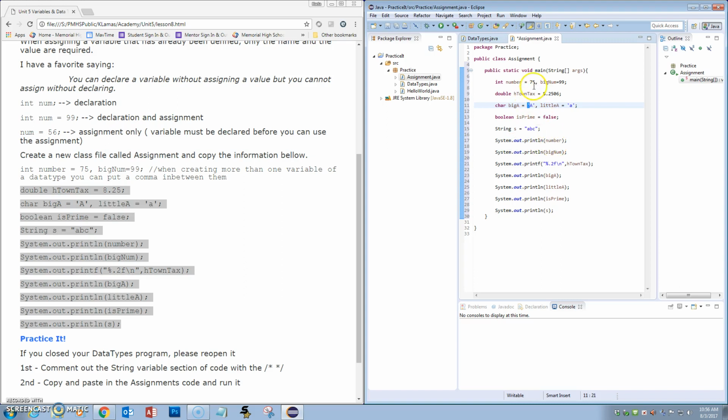Now here we have System.out.println number. I'm going to print my number, which is 75. I'm going to print bigNum, which is 99. Right here, remember we talked about printf, and it had the parentheses s comma x, and that you printed out x based on what s said. So right here we have %.2, so we're telling it that we want two places past the decimal point. Okay, System.out.println bigA, littleA, isPrime, and then s. So we're going to compile this,